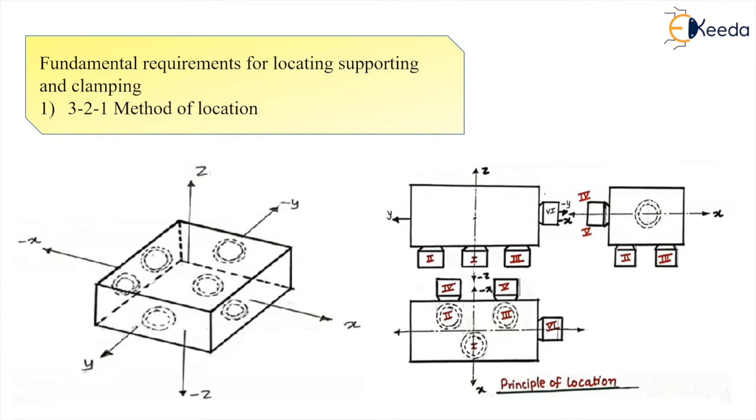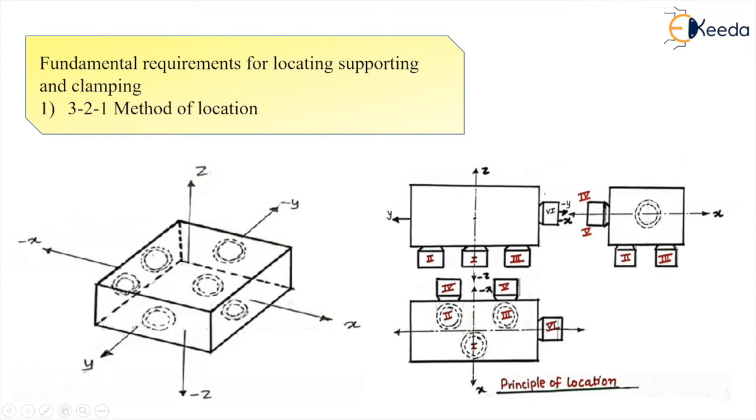Now for the remaining 7 degrees of freedom, we have a plane perpendicular to these three pins. In that we are introducing these two pins, pin number 4 and pin number 5. See here in the top you are seeing these two pins which are perpendicular to this three-pin plane.